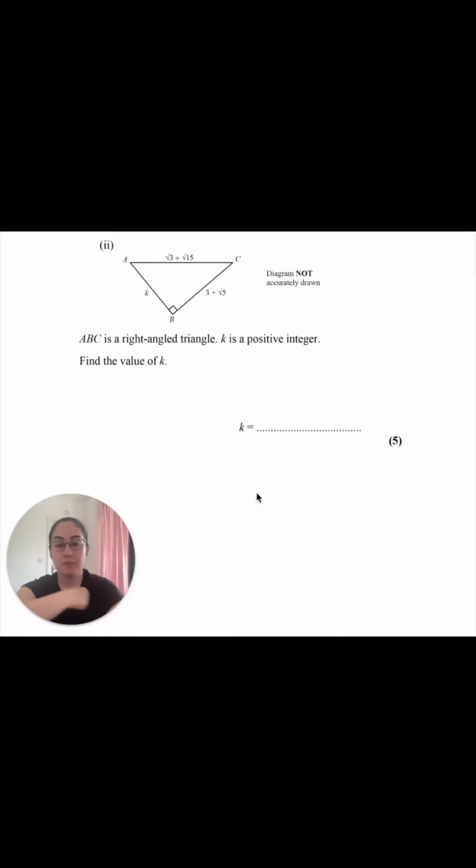This is part 2 to a previously uploaded video. If you haven't watched the first video, go back and watch it because the answer from that video is used in this question. Right, the question says ABC is a right angle triangle, K is an integer, find the value